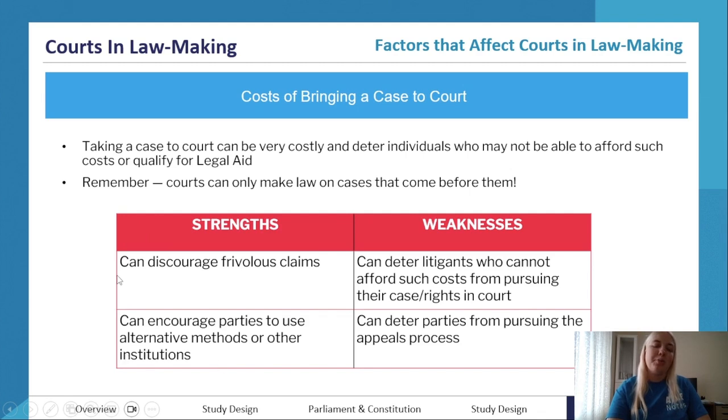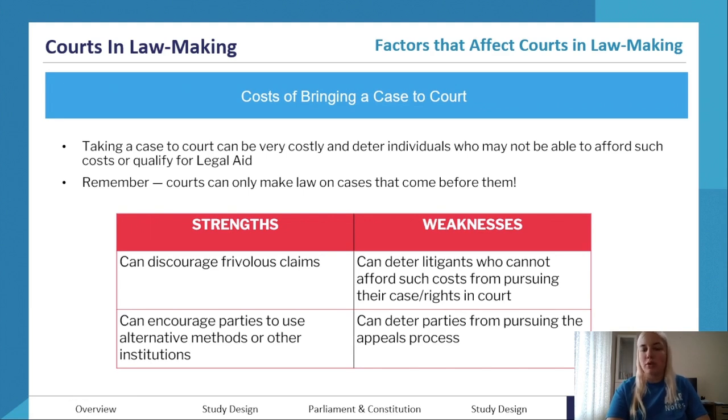It also helps to encourage parties to use alternative methods or other institutions. So, using things like mediation, arbitration, and conciliation, accessing a tribunal in their state or area, or another service that can help to decide that, like Consumer Affairs Victoria. So this helps to, again, reduce the burden on the court system by using alternative methods. Now, the weaknesses: litigants, so people who want to pursue their case or rights in court,